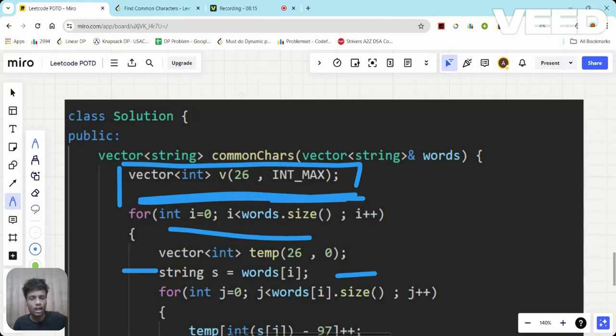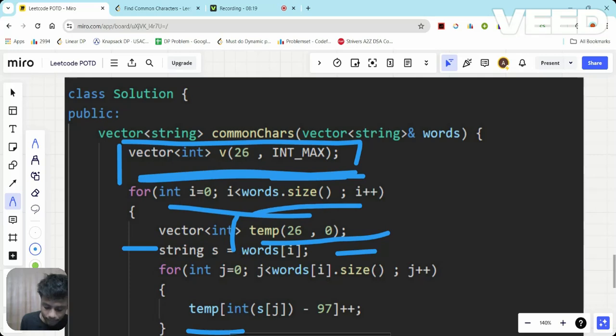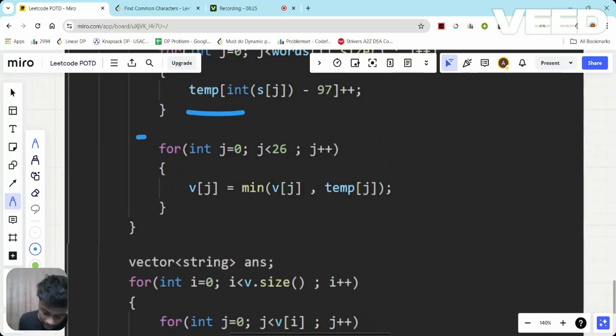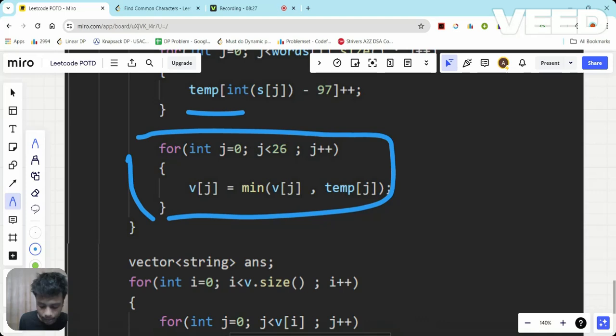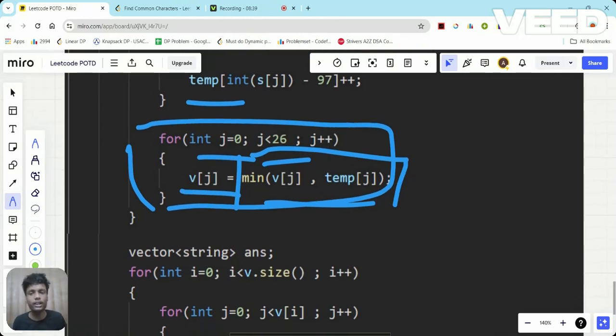Now I will compare it with this temp vector and store the minimum of these in the final v vector. That's what I am doing in this loop: running from 0 to 26, storing in v[j] the minimum of v[j] and temp[j]. Now the final answer I got is basically the frequency of each character.